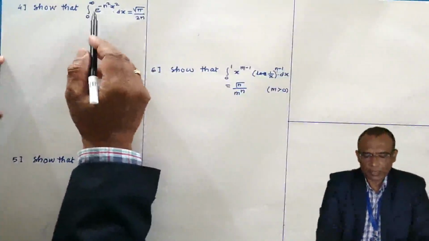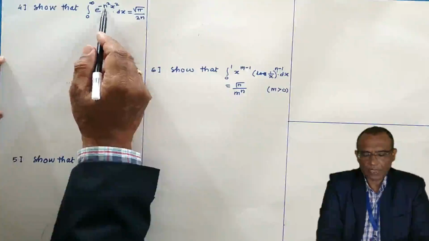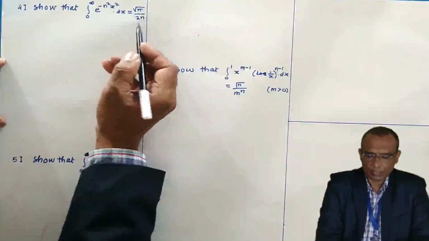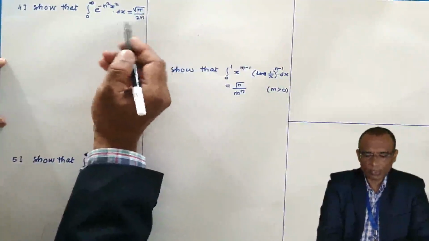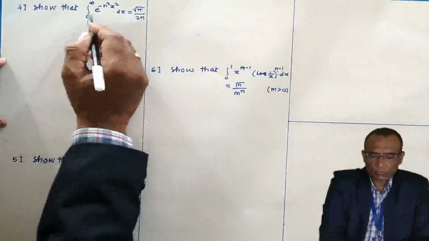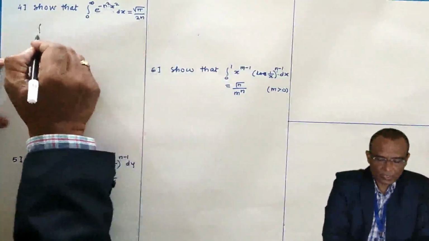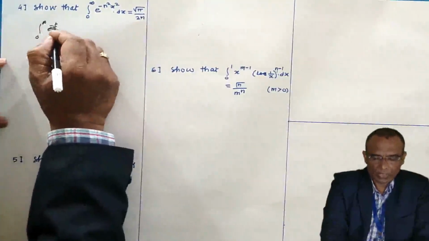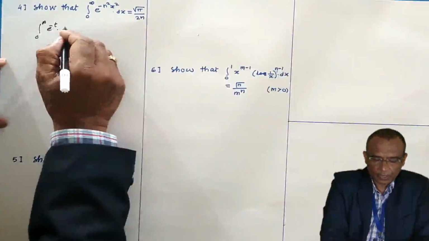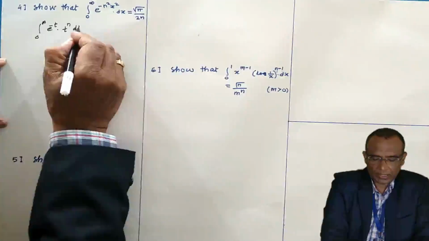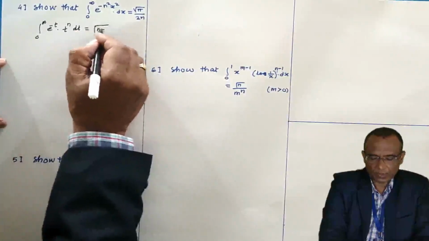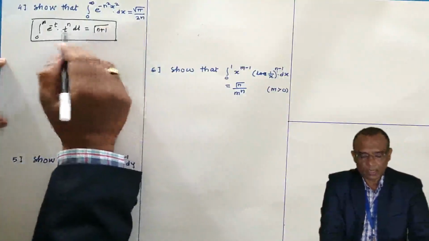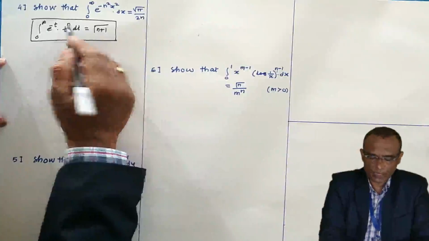Show that the integral from 0 to infinity of e power minus n square x square with respect to x is root pi by 2n. Okay, it is 2n, not 2 to the power n. Let us see. In order to fit the gamma function definition, just keep in your mind: e power minus of argument, and this linear term t to the power n dt is gamma n plus 1. If you put n here, the corresponding change is that this n will be replaced by n minus 1.